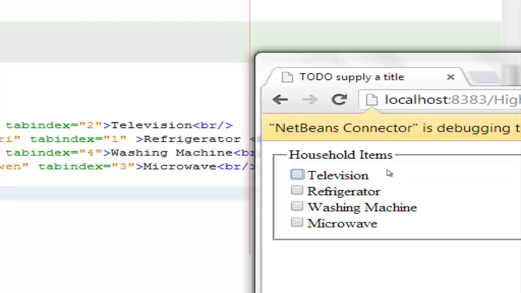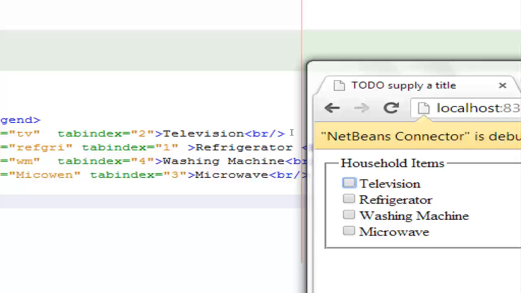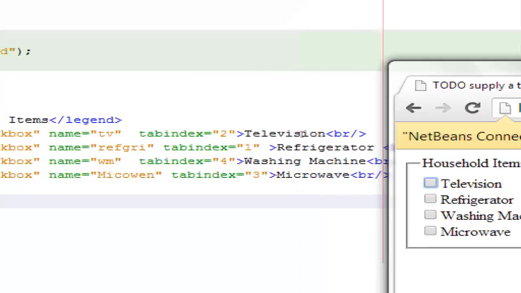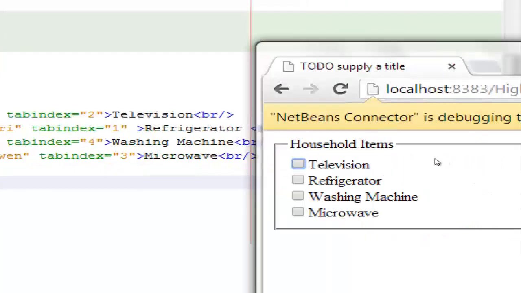When I press the tab again, the tab index 2, which is on top of it, that is the television, gets selected. Again when I press tab, the tab index 3 gets selected. Again, and when I press tab, the other one gets selected. Now, I purposely did this one. But you may have a sequence in which you want the user to move from one item to the other